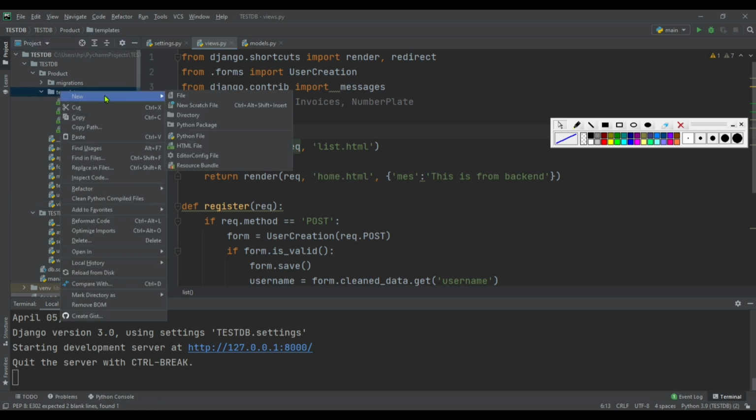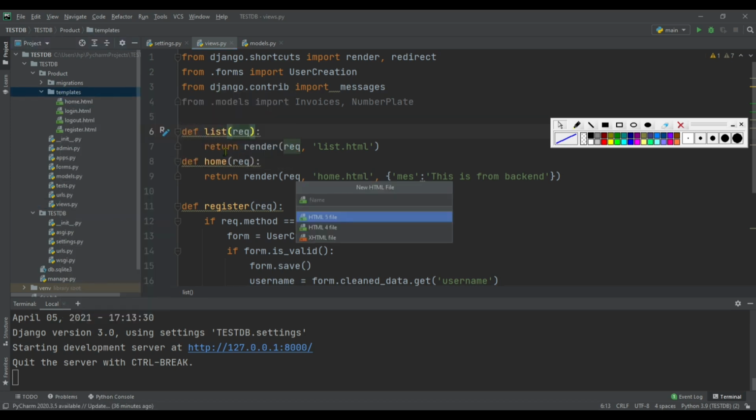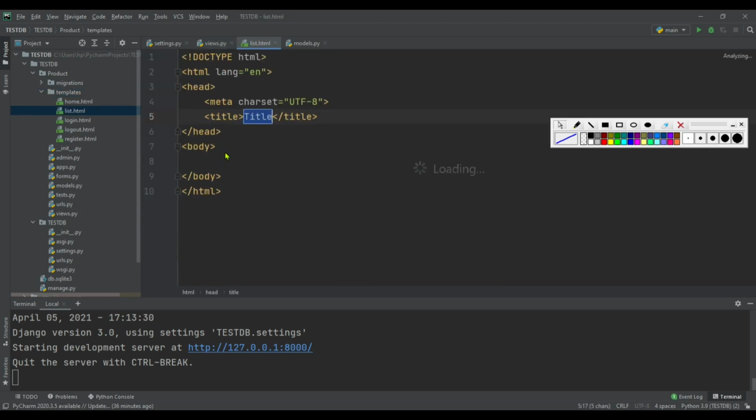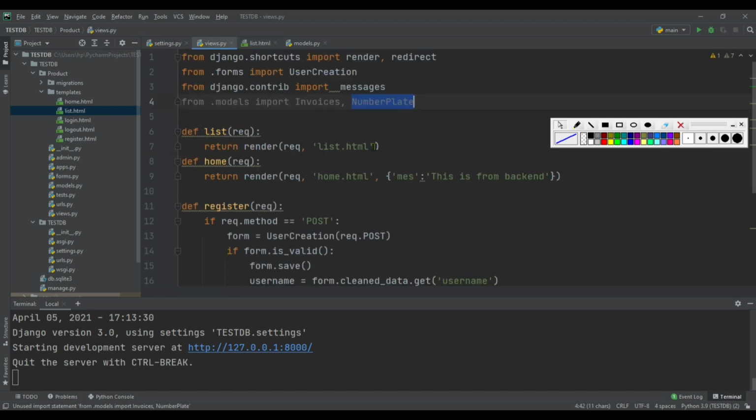Inside templates folder, create a HTML file called list. Inside this template file, I am going to import data from invoices and number plate. So these two tables are available inside two different databases.